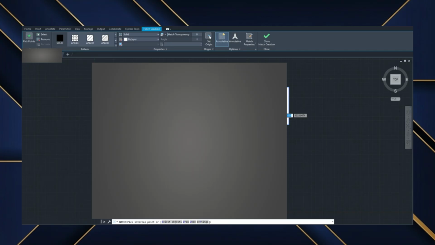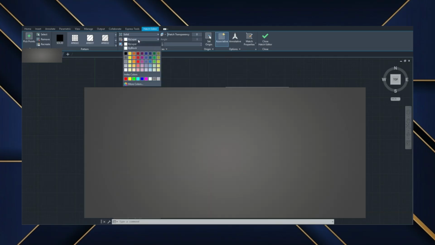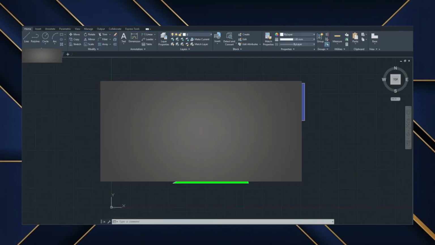Once the shapes are filled, select the hatch area to open the Hatch Editor tab at the top of the screen. In the Properties section, choose a new color from the Color drop-down menu to customize the appearance of the fill. You can experiment with different colors and hatch patterns to improve visual clarity and make important parts of the